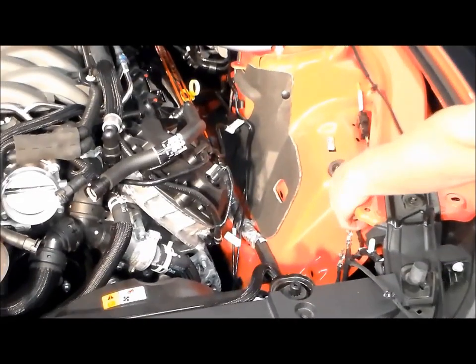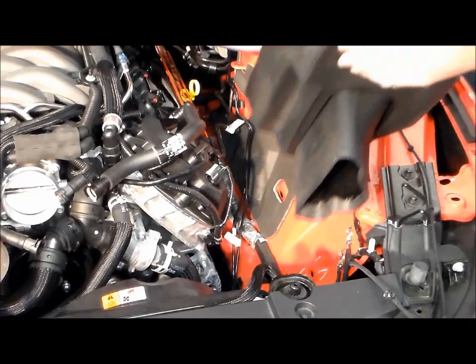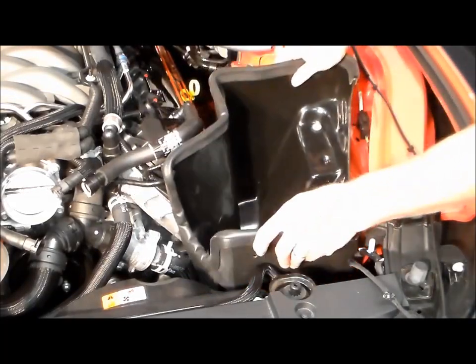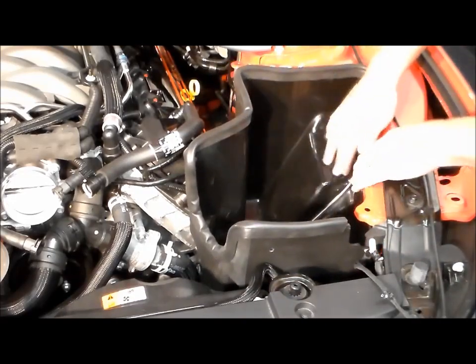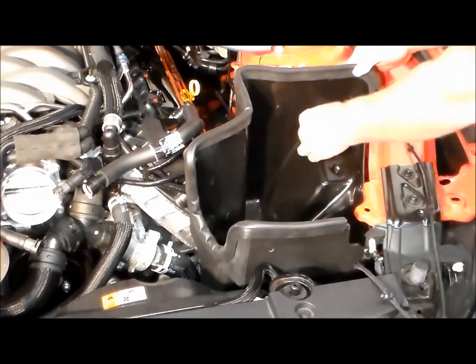You can see I've got the rubber locator in the apron, and we're going to lower the heat shield down into the car. Line it up in that locator, set your mounting bolt in,